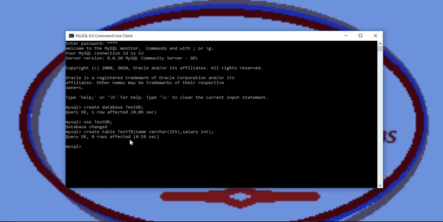Now, from a dummy point of view, we'll insert some data.